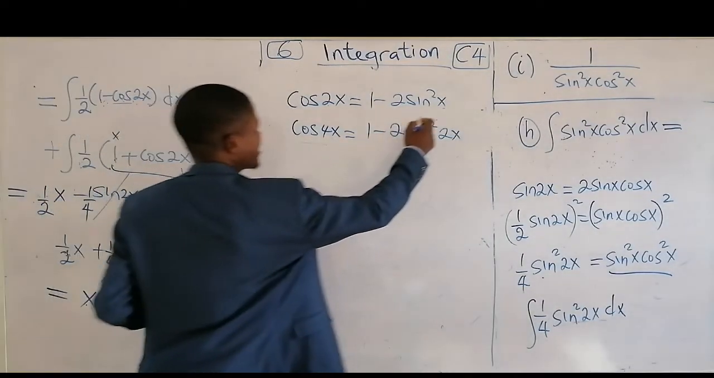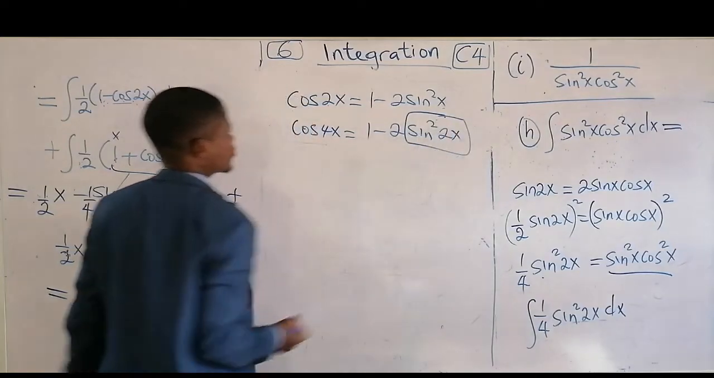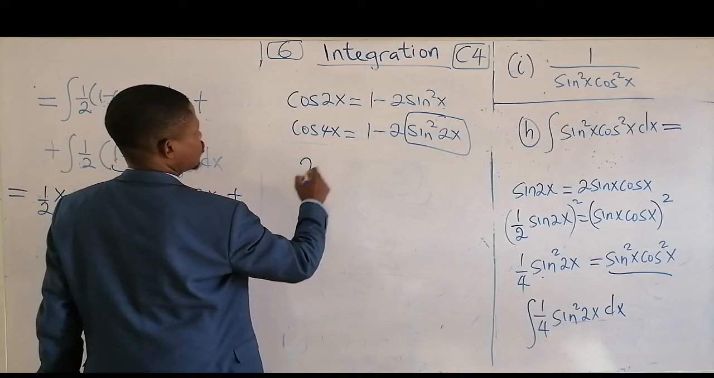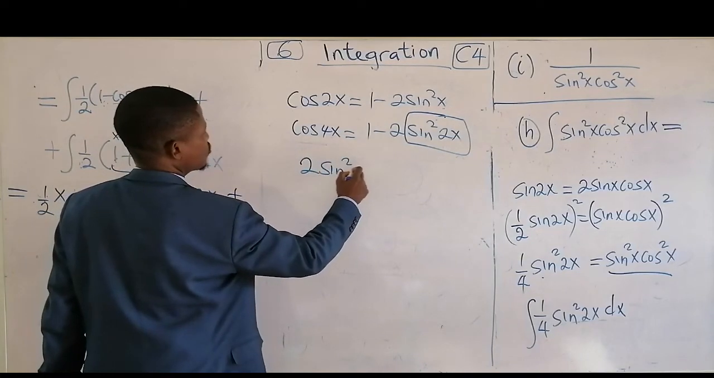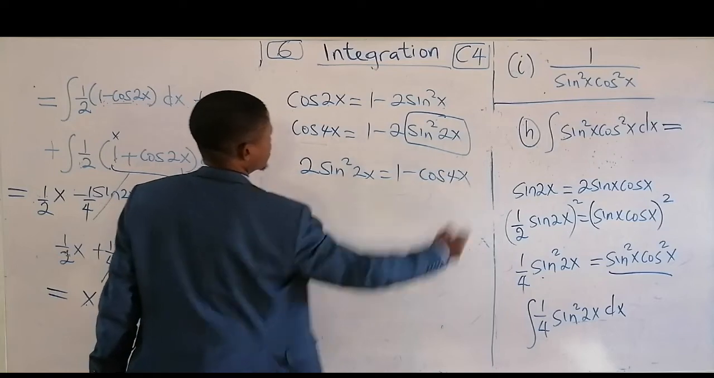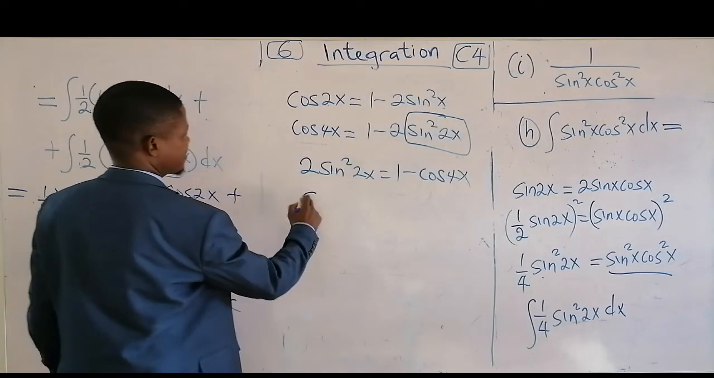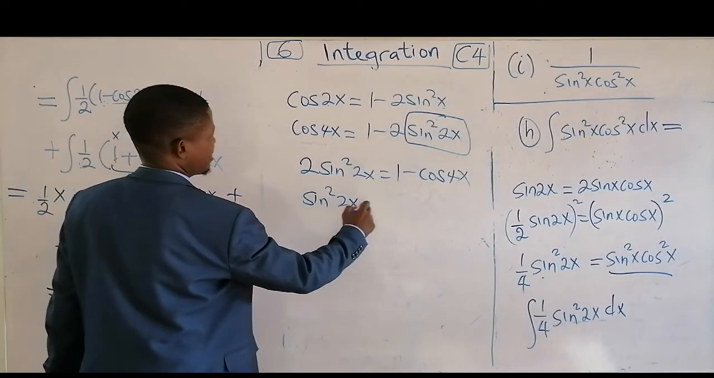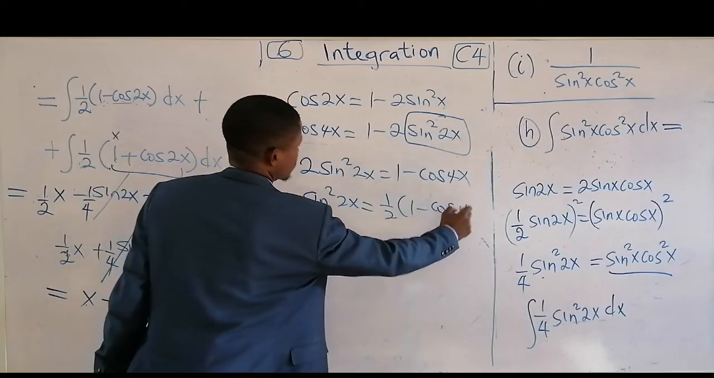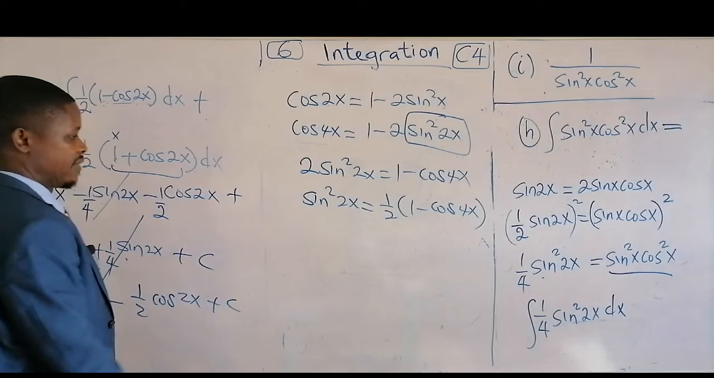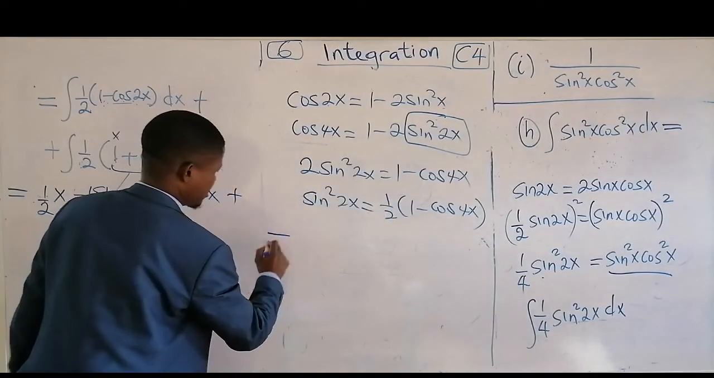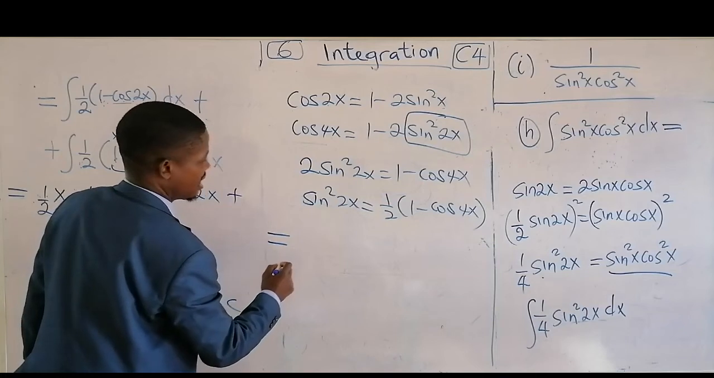So then, can you make this one the subject? That will be 2 sine square 2x is equal to 1 minus cos 4x. Then sine square 2x is equal to 1 over 2 into bracket 1 minus cos 4x. So that's what we have. Then we can now go back. So this one now becomes